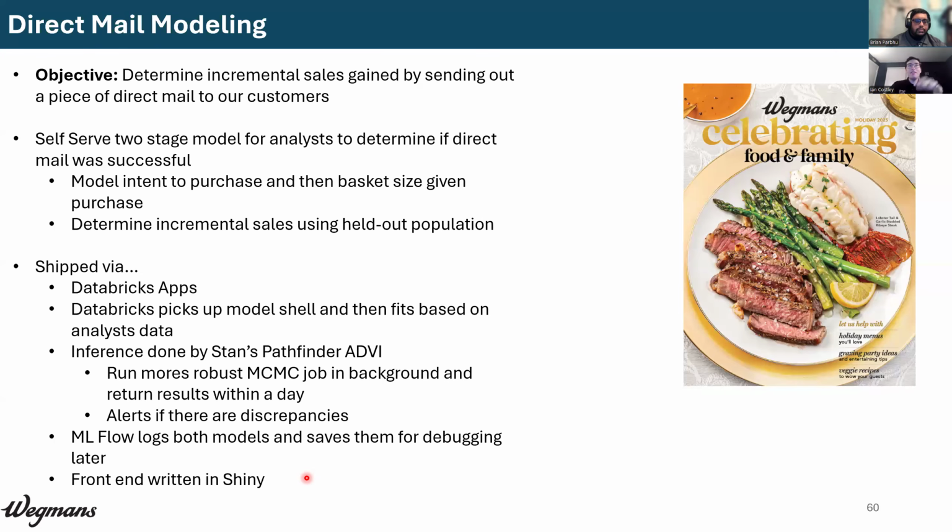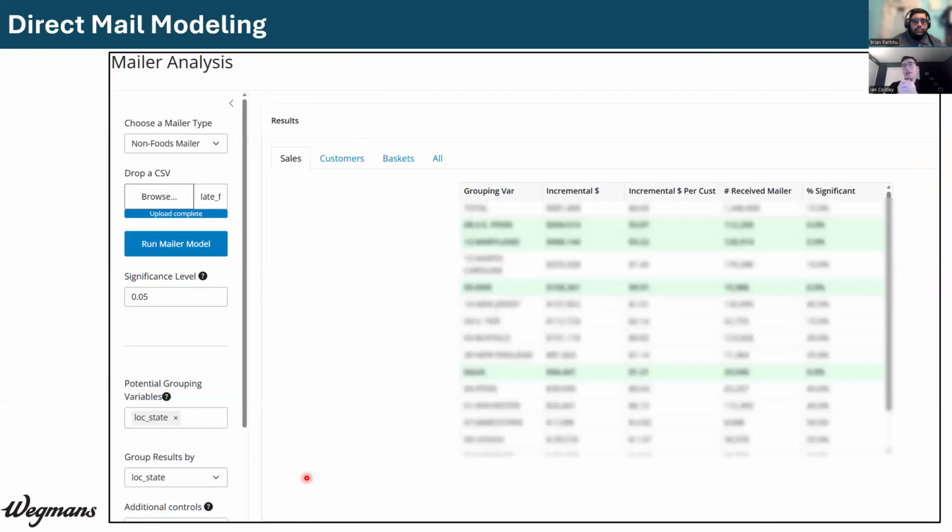All right, and this is what the actual front end would look like. An analyst would pop in their CSV. They can change a couple of different things. All this really does is change the formula on the back end that fits the model. And then they get, of course, I'm blurring it out because I don't want Whole Foods stealing our data,